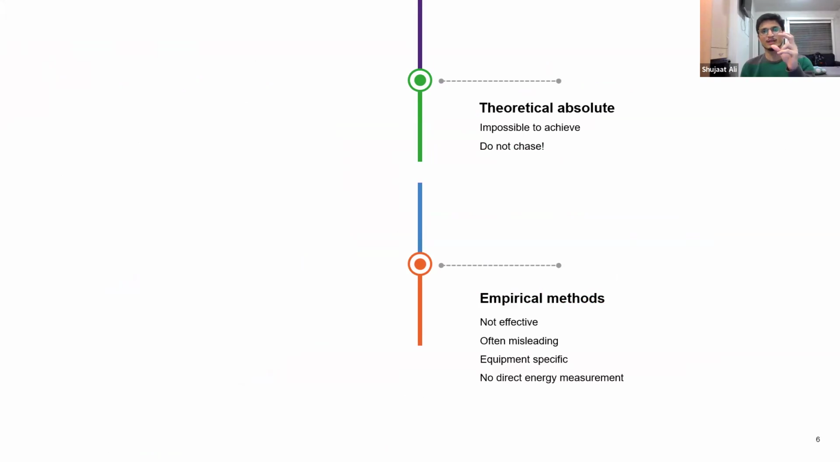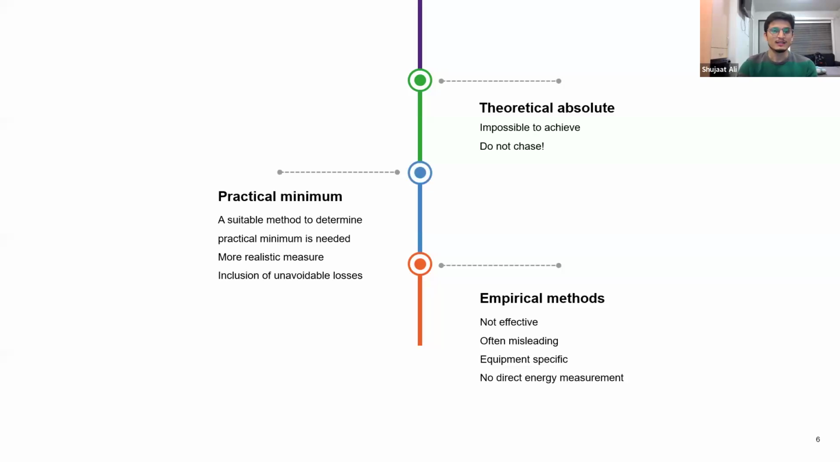So we have the theoretical absolute that is so hard to achieve. It will not be wise to just chase the tail of that because we can never achieve it. And on the other hand, we have the empirical methods which are misleading and not effective, and likewise other shortcomings of them listed there. What is needed is basically a method that sits in between and that provides us a more realistic estimate